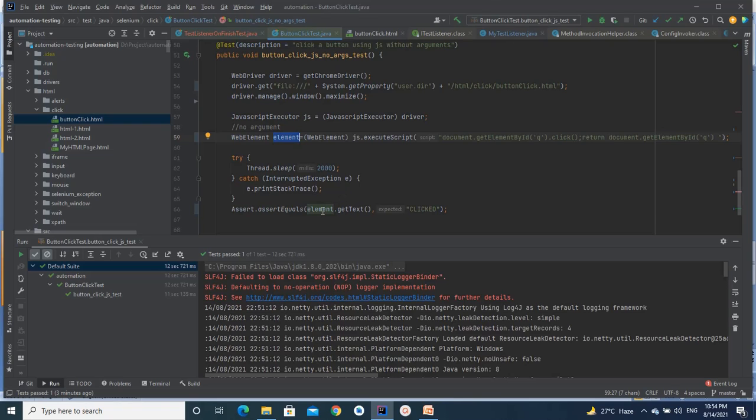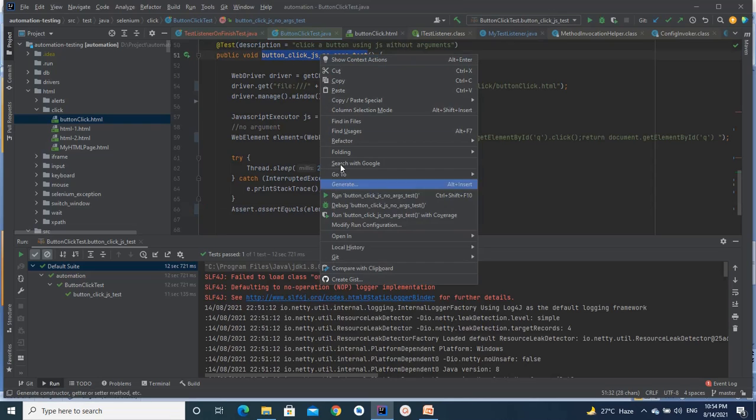So I can use this reference variable to get the text and compare it with the expected one. In this case also, we are going to have the pass result: the click operation is successful and the comparison of the text after the click is matched. So let's see how it works.